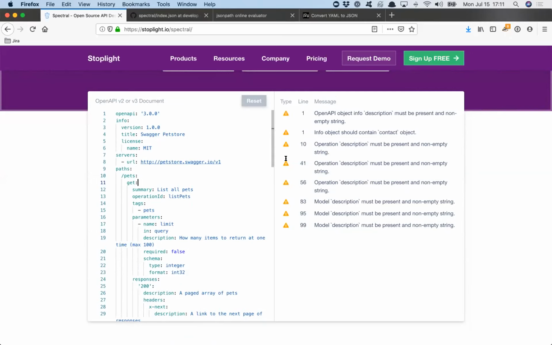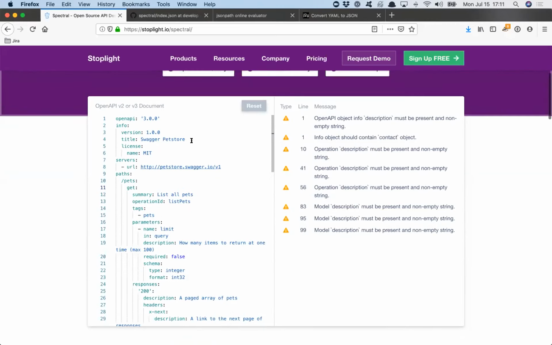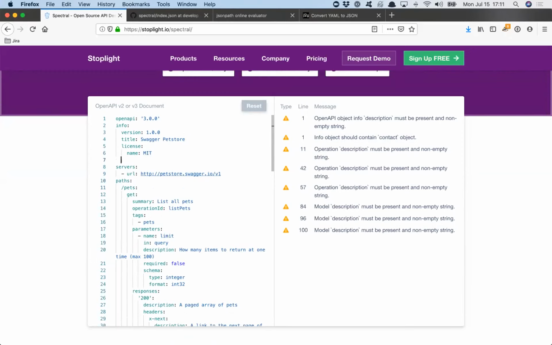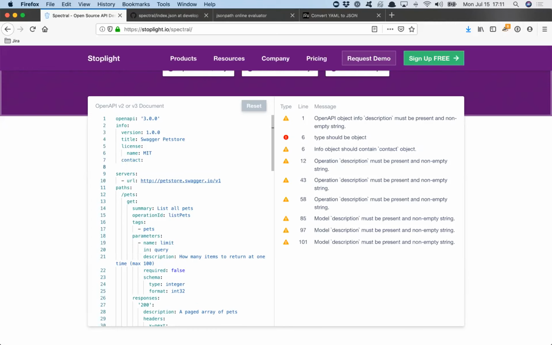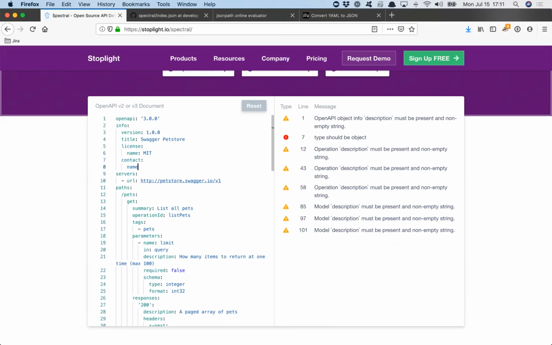So it's technically a valid file, right? But it has some opinions about things that it thinks should be added. And you might disagree with some of these opinions, and you can change the rule sets, and we'll have a look at how you can do that in a minute. One of the first things that Spectral recommends is that you add contact information, right? There's plenty of times where you're working on an API, and at much bigger companies, you might not actually have a clue who is in charge of the API. So it's pretty convenient when the API definition actually tells you.